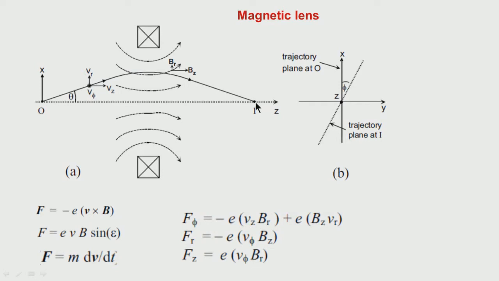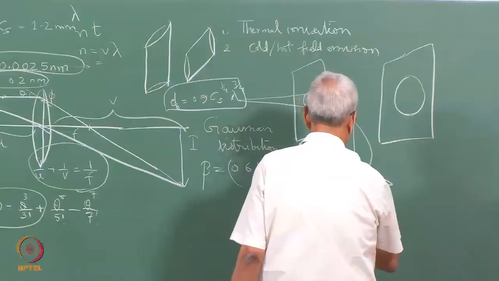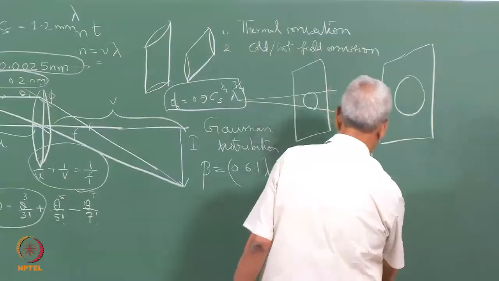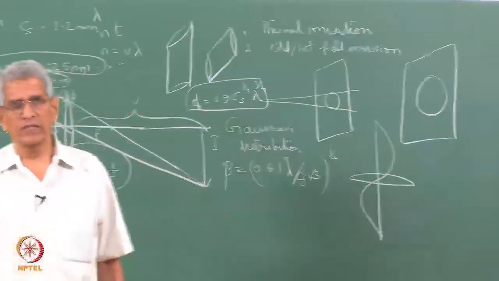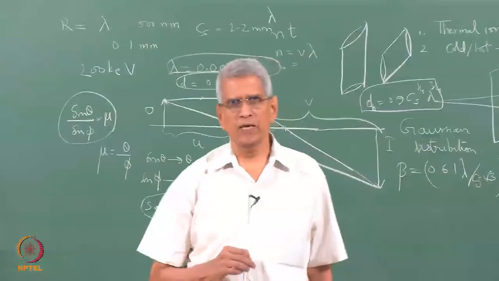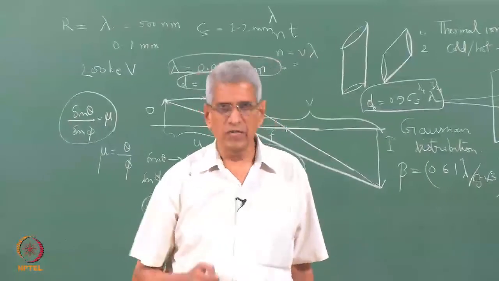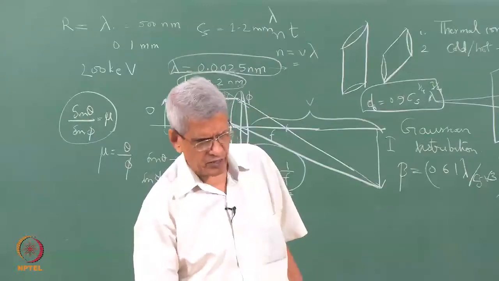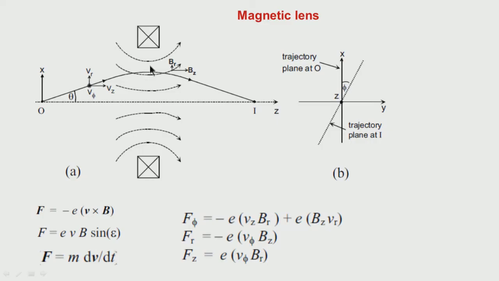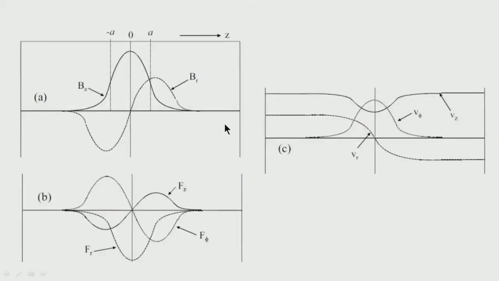That is what a lens does: the ray which is coming from here is brought in a helical path to a focus. What one should understand is that in a conventional optical microscope, the image is inverted. Here it is not an inversion, but there is a rotation which takes place, and the rotation of the image depends upon the strength of the magnetic field.